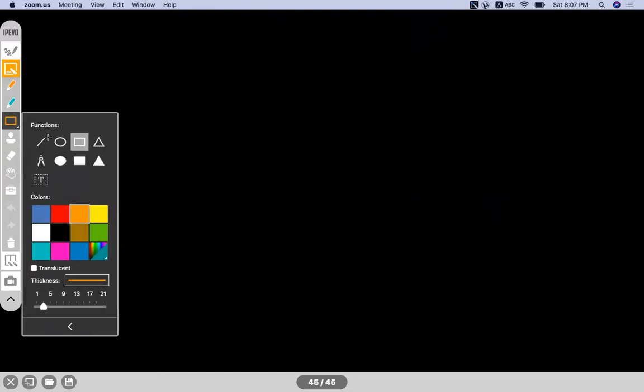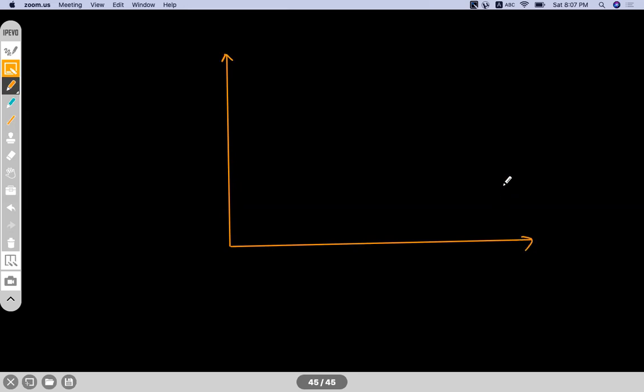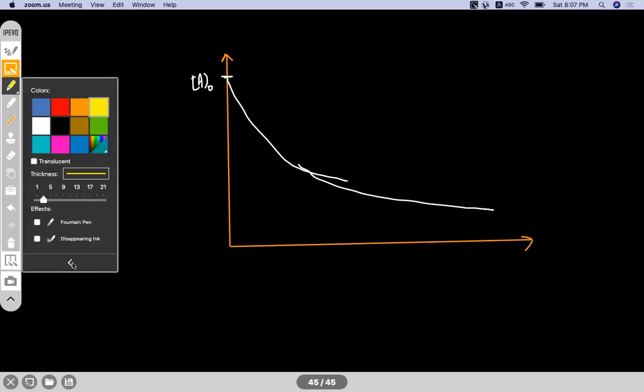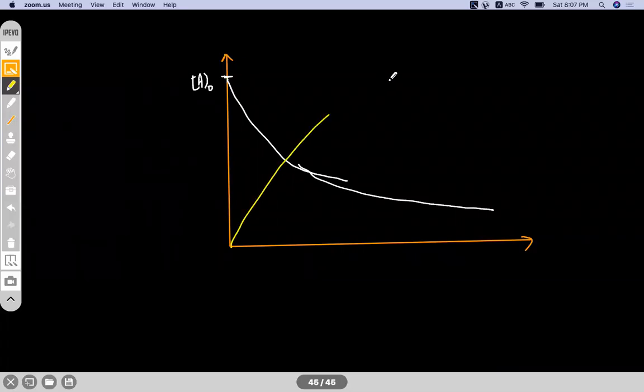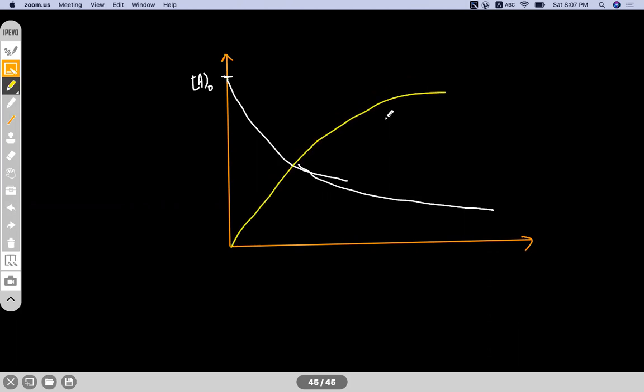The graph of this, because graph-based questions they have asked once. They have asked which graph is not correct. So the concentration of A decreases with time; A will keep on decreasing. This is A naught we have, so it decreases and goes like this. The concentration of C is increasing continuously. C was initially 0, and C increases like this. It won't go beyond A naught, so take care of that.